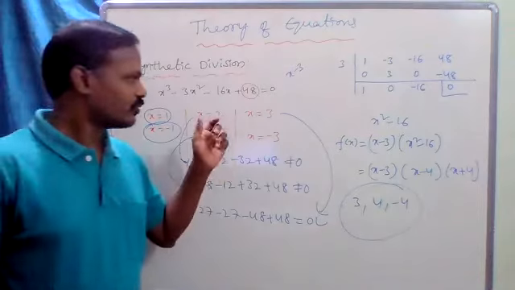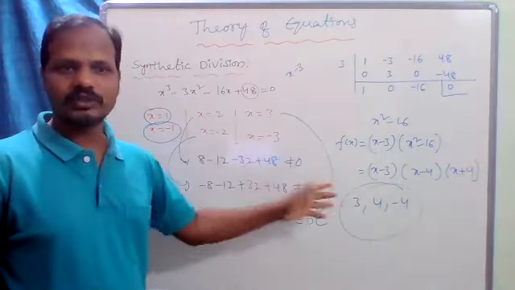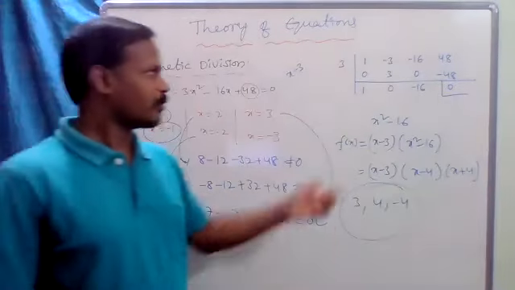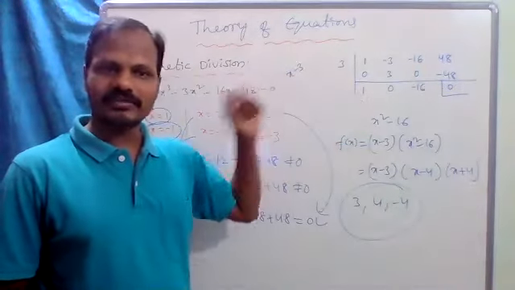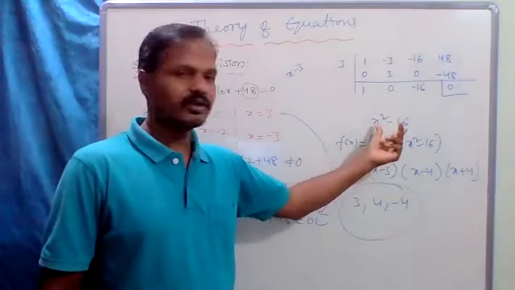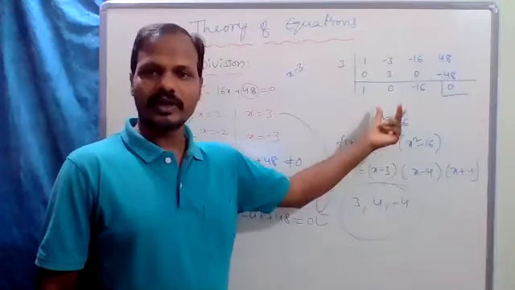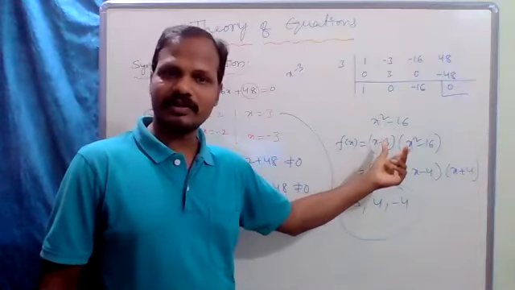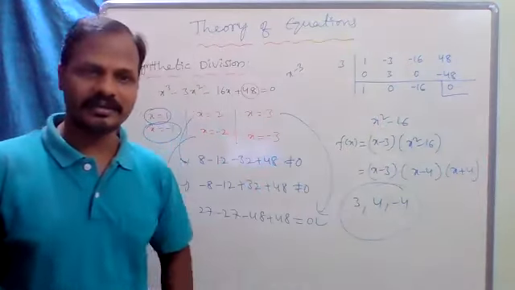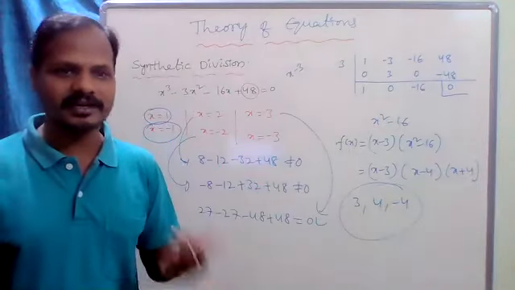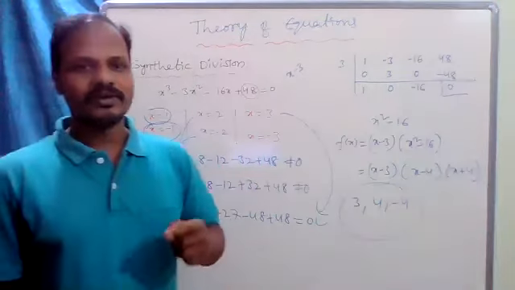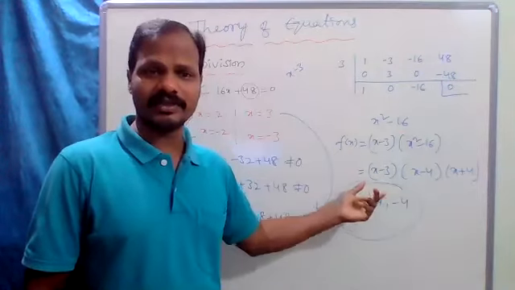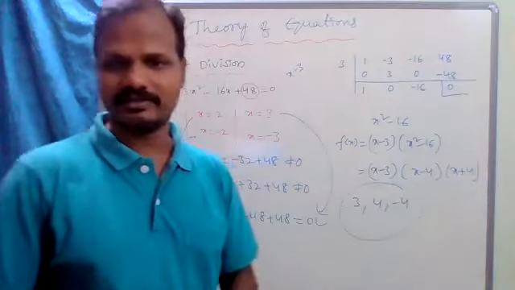If you get one root, it is easier to find the rest by using synthetic division. Suppose a biquadratic equation is given; here you will get a cubic equation. Again you have to find a root for this cubic equation by using the trial and error method. Once we get one root of the cubic equation, again apply synthetic division.